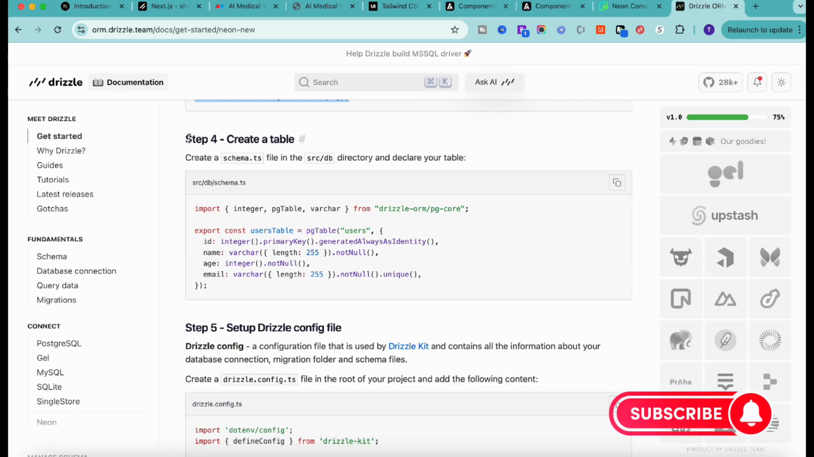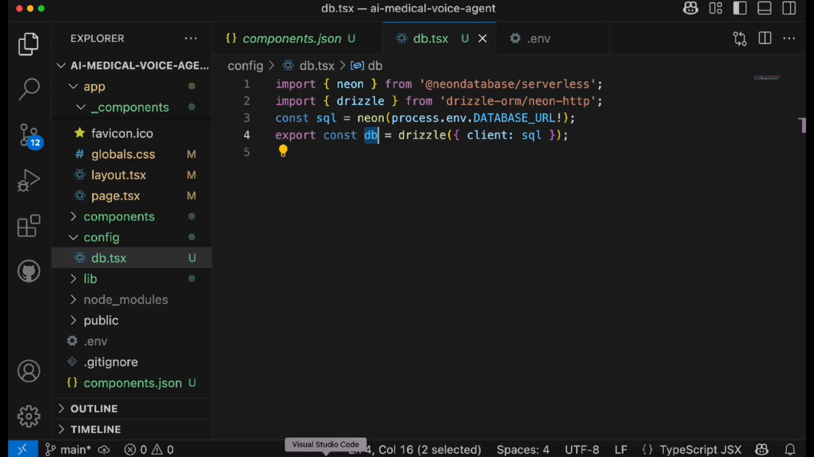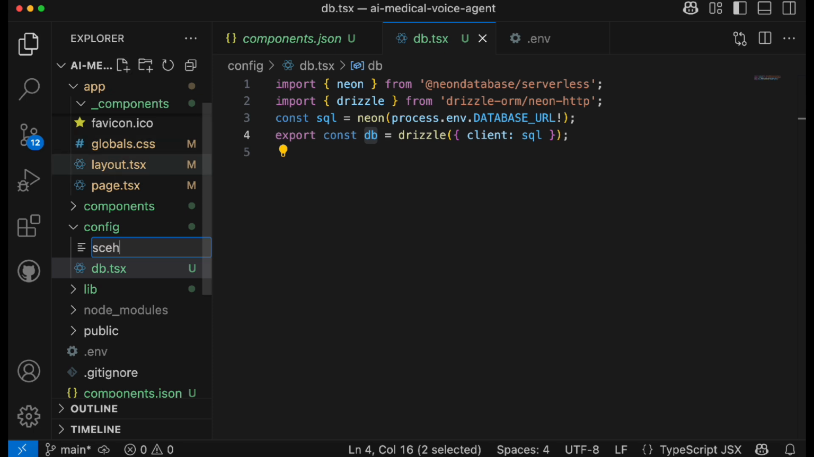Now next step is to create a table. In order to create a table, you need to create it with the help of this schema file. Okay, you need to write this line of code, you can add the columns and everything. So in our case, let's copy this, but from the next time we can create our own table by writing this schema. Now inside this config folder we'll create